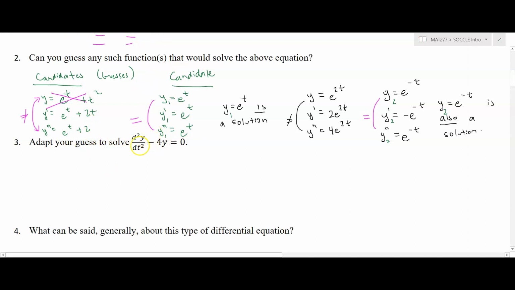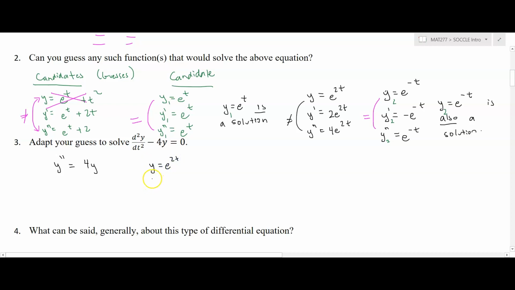So here we notice that it's almost the same equation, but we have to ensure that the second derivative is equal to 4 times the original function. Now clearly e to the t won't work because its second derivative is exactly the same as the function we started with. E to the negative t won't work as well because it is exactly the same as what we started with. What I have to ensure is that y double prime is 4 times bigger than y itself. And if I look at one of my guesses here, if I chose y equals e to the 2t,